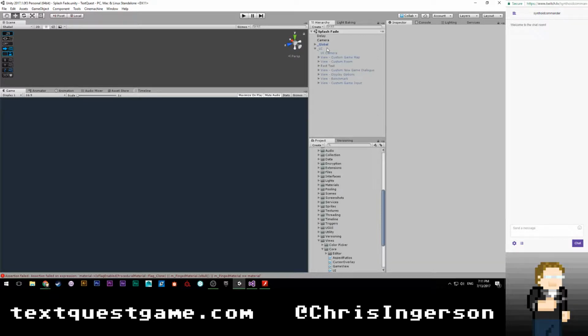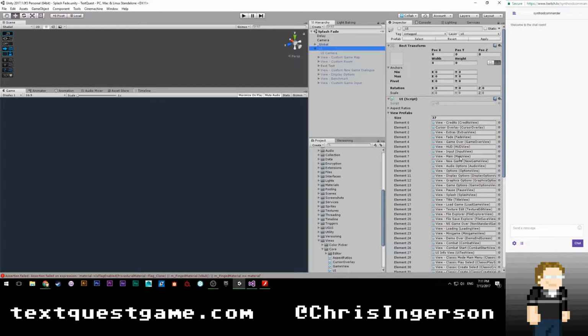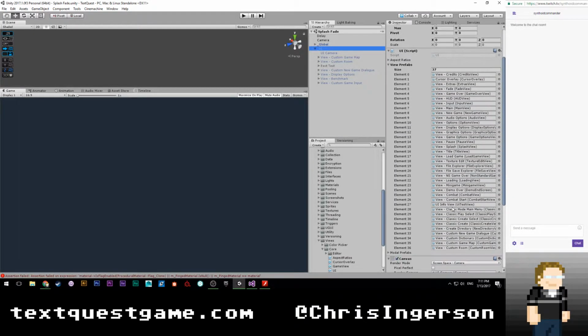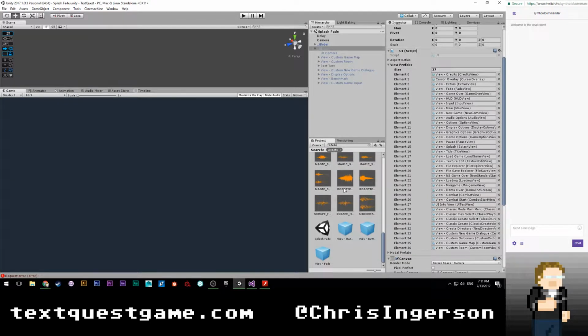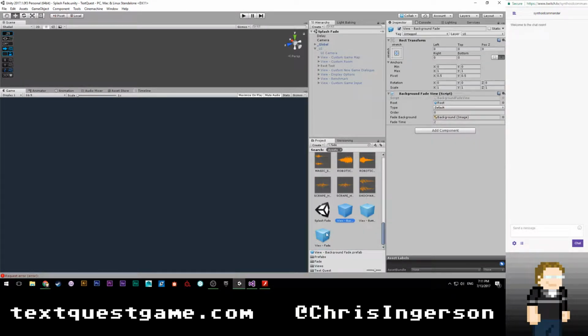All right, so let's see here. We want to get fade view, background fade view. I saw it briefly over here somewhere. Classic fade. I think I was looking at this fade, but if I look for fade, fader, yeah, I was looking at this one, and that's at order 20, so I was confused, but I guess this one needs to be, I don't know, order 10.